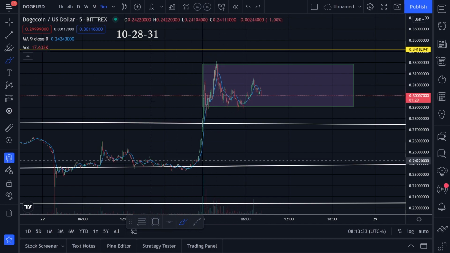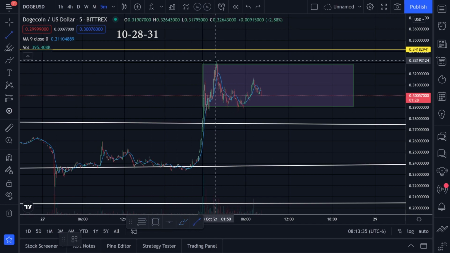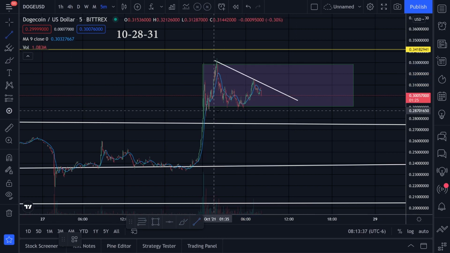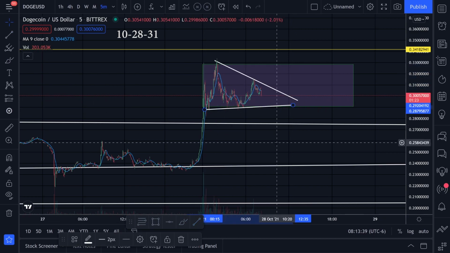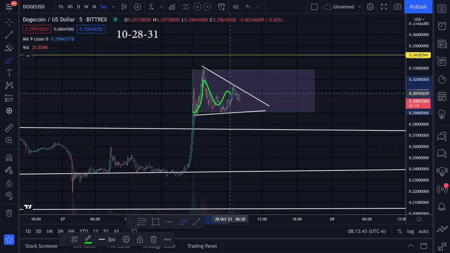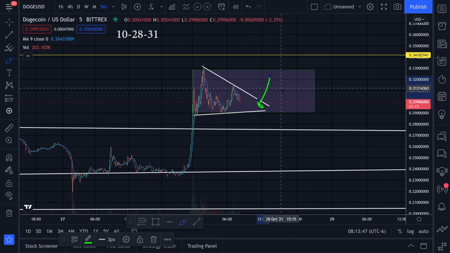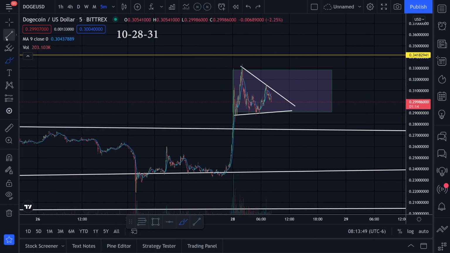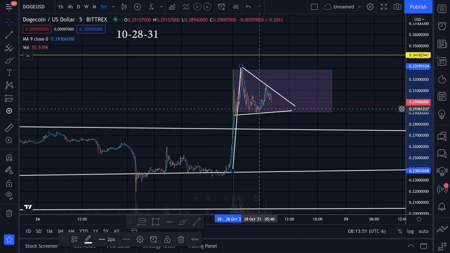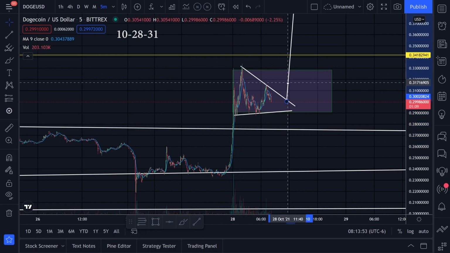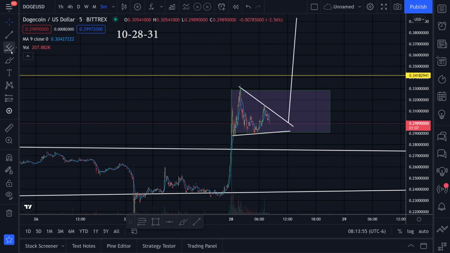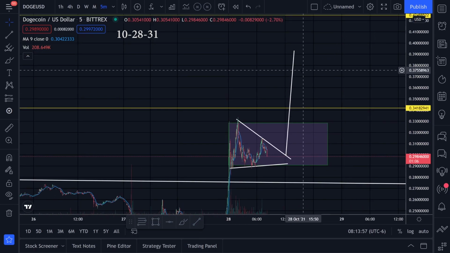So let's do some trend lines. A top trend line like this and a bottom trend line, something like this. Right now, I think we're in this little triangle pattern. Let's see if we break to the upside or the downside. Once we break to the upside, then I think we could be a little more confident on this bullish target. We could either do a flag pattern, maybe if it breaks to the upside, and we target around